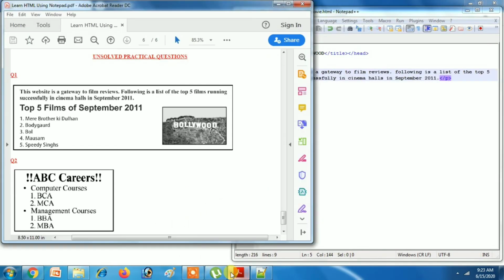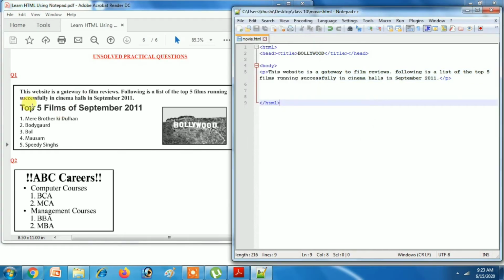Now let's again come to the screenshot. This is an H1 heading, so we will write the H1 heading over here. H1. Top 5 films of September 2011.